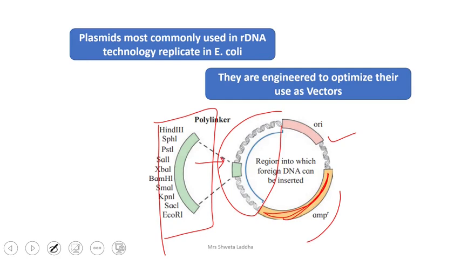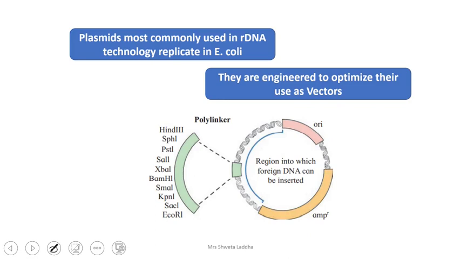How to insert? First, restriction enzymes are used. It is cleaved over here. Yes, a cut is taken over here. After the cut is taken, this foreign green DNA, you can see we are putting this, and it is joined to the plasmid genes with the help of enzymes like DNA ligase. So this is the structure of a plasmid.